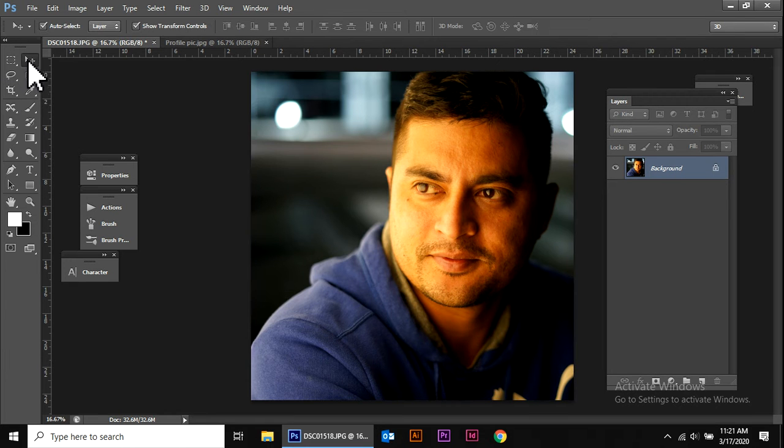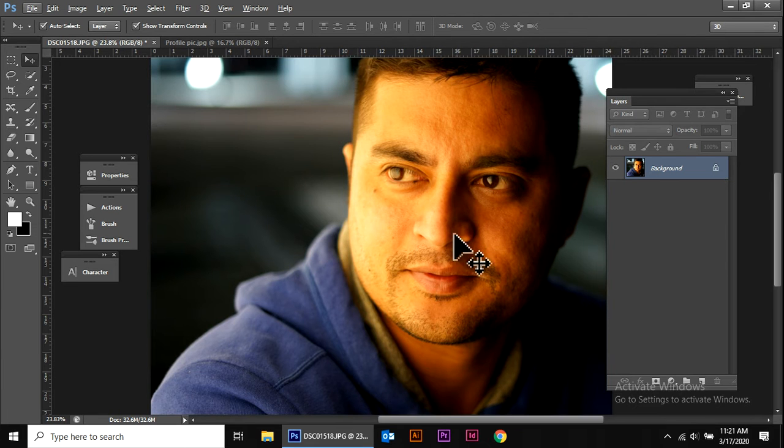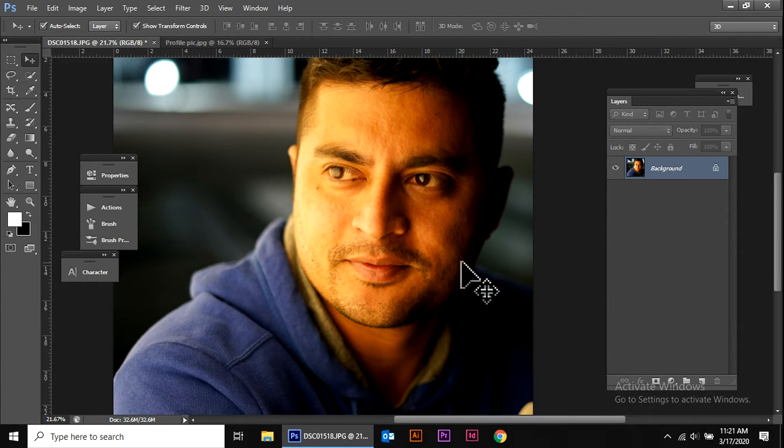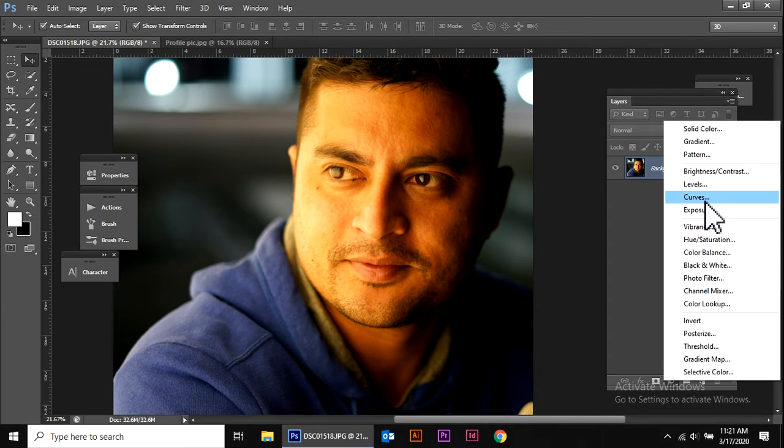Now if you look at this picture, there is a little bit of red or a little bit of yellow, and I want to make this red a little subtle. I want to lower the redness on the skin a bit, and just try to get the real skin color a bit more. So what I will do is go to the curves,